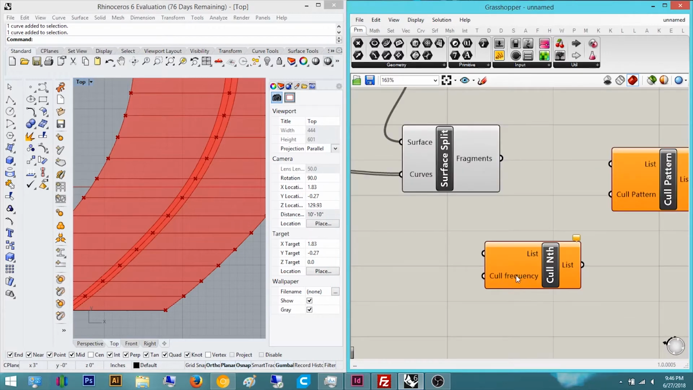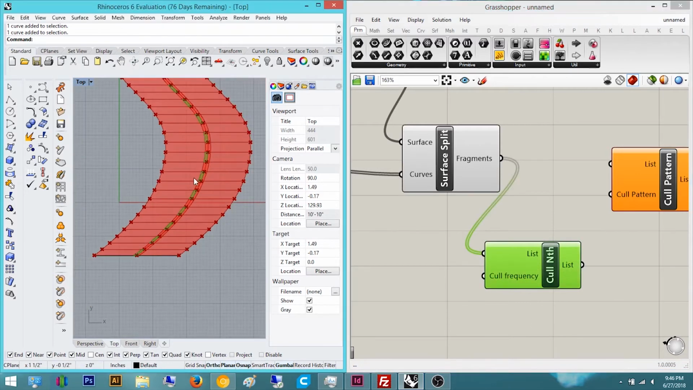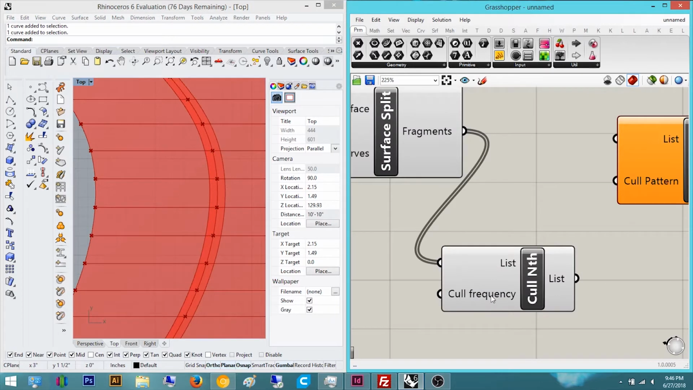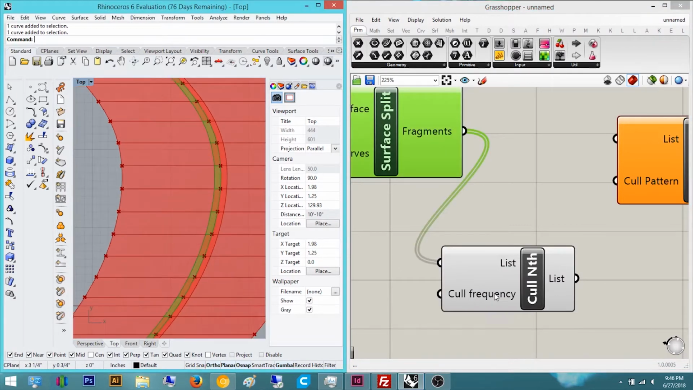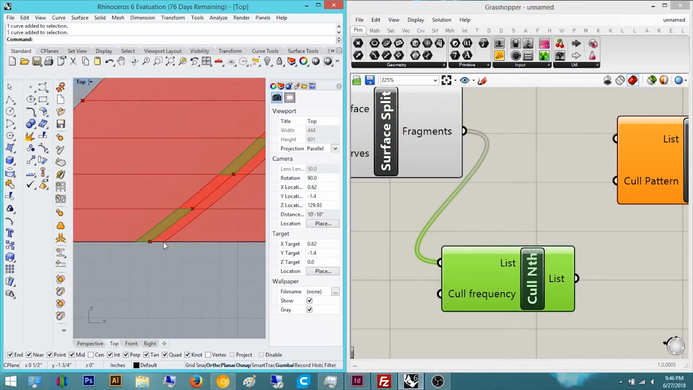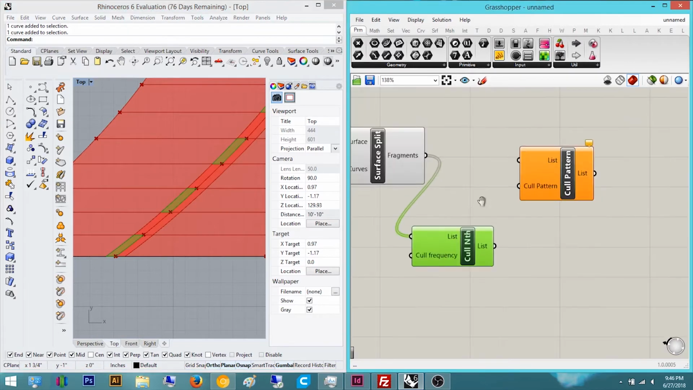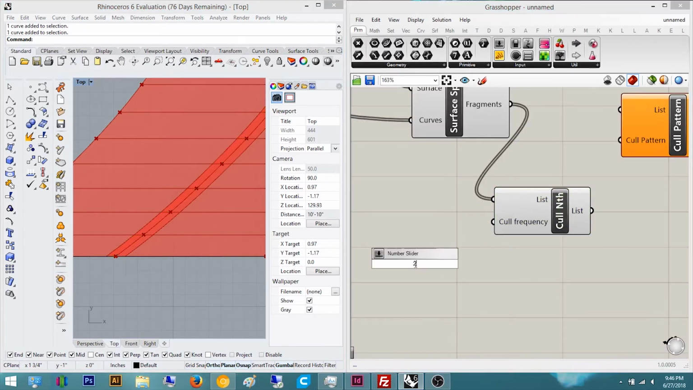Cull Nth is already set to a frequency of 2. So technically you could just plug this in and you would already have your dashed lines. It'll say every 2. Sorry, I'm getting my words mixed up. So every second one it will cull. The second one it'll cull. And so if I put 2,